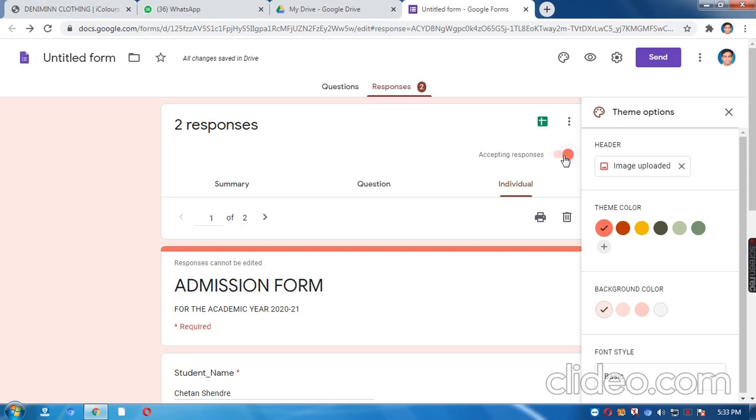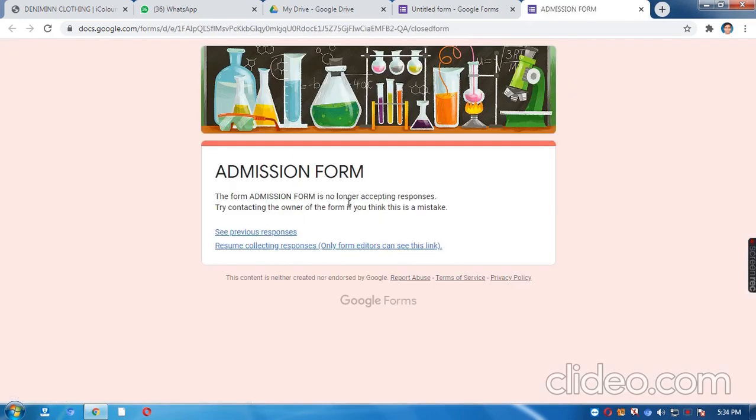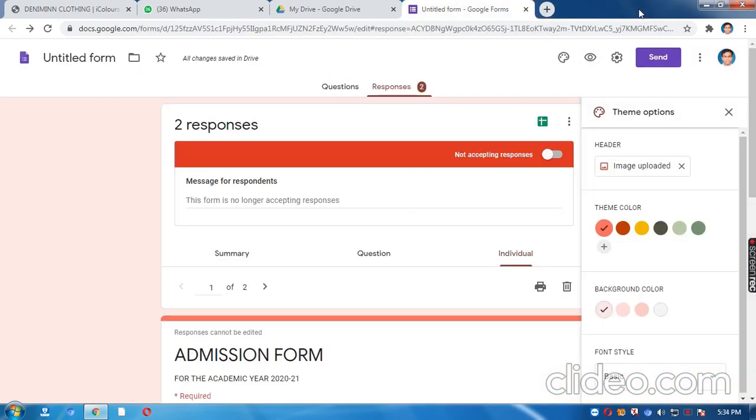Now you can see not accepting responses. If I go to preview also, see the form is not getting opened. So this is how you can restrict and customize your form.